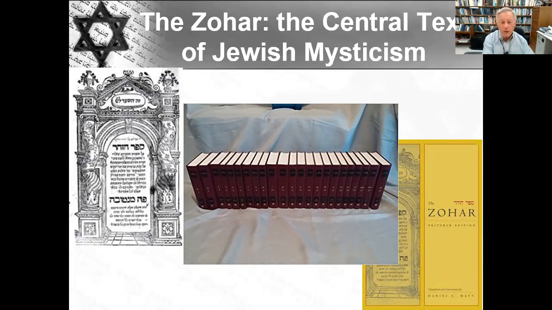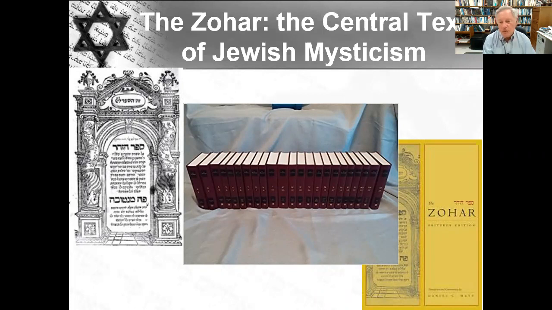It is strictly a translation with lots and lots of footnotes and commentary. And the origin of that translation was really interesting. Danny Matt has published a number of books. Here's one of them. It's on my reading list, called The Essential Kabbalah. And again, I don't know how well you can see this, but he will have quotes of texts, and then in the back, lots and lots of footnotes. He was publishing small sections from the Zohar and other Kabbalistic texts. And a woman asked him once, what would you recommend as a good translation of the Zohar? This maybe was 25 years ago. And Dr.